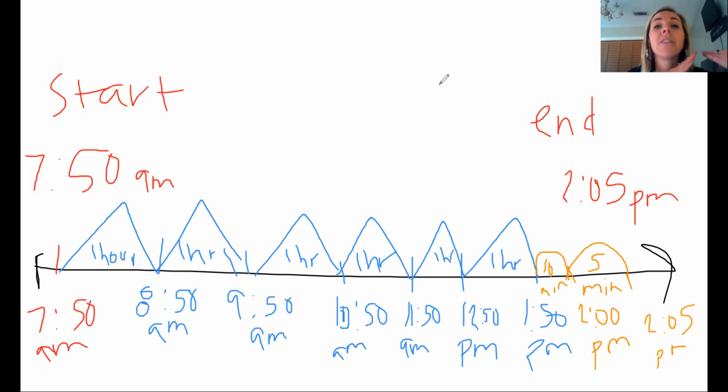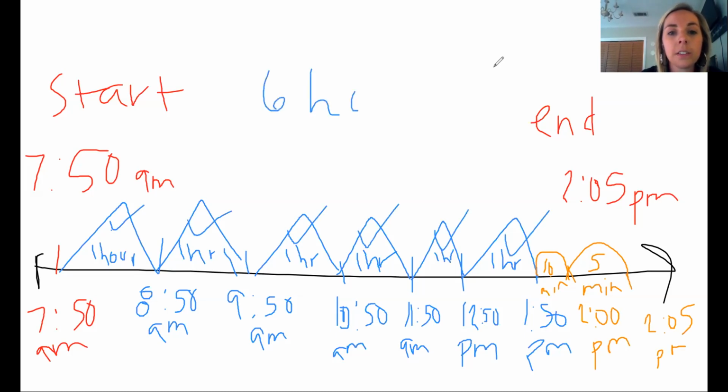Now you need to add up all of the hours and the minutes that you found in between start and end, and that gives you the elapsed time, the amount of time spent between the beginning of the morning when the bell rings and the end of the day when the bell rings, okay? So I'm going to add up my hours. So I have 1 hour, 2 hour, 3 hour, 4 hour, 5 hour, 6 hours. And I'm going to add up my hills. 10 minutes plus 5 minutes equals